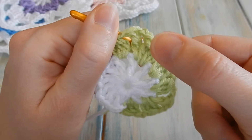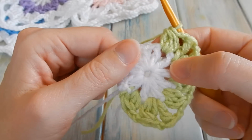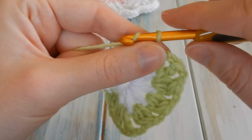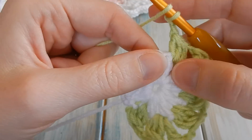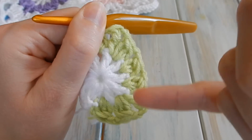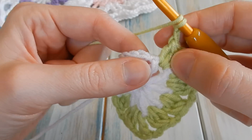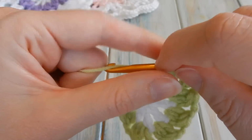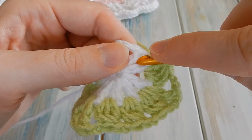So we basically did 2 3 double crochet clusters, then our treble, then a 3 double crochet cluster. So we're going to do the same thing again. We're going to chain 2, and we need to have 3 clusters in between our trebles. So we've already got 1 cluster there, so we need to do 2 more clusters. So next gap, bring the yarn through, pull through 2, stop, yarn over, into gap,